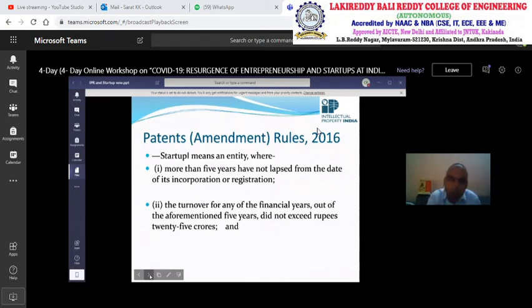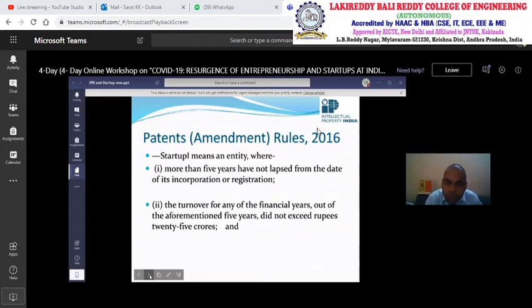Now the second measure head. The second measure head is: what is a startup? As per the Indian Patent Act, a startup means an enterprise which has not elapsed 5 years of its registration, or whose turnover has not exceeded 25 crore in a particular year.